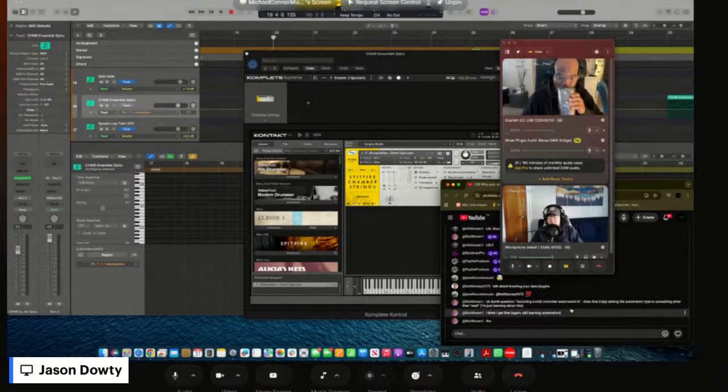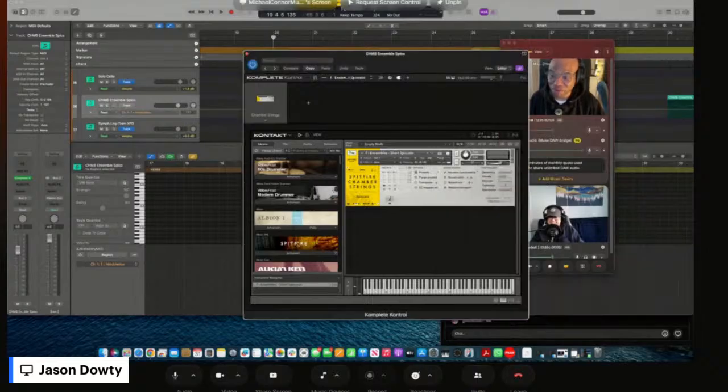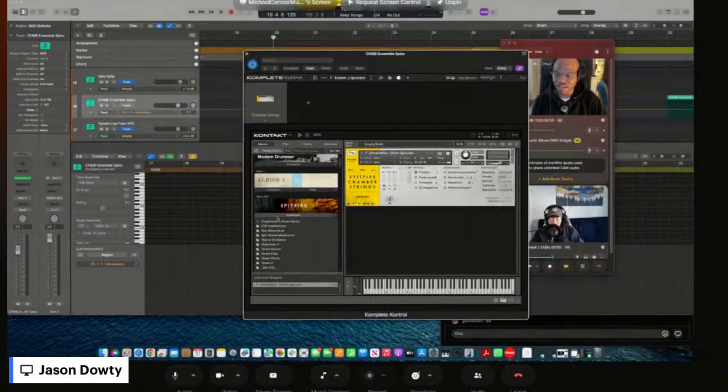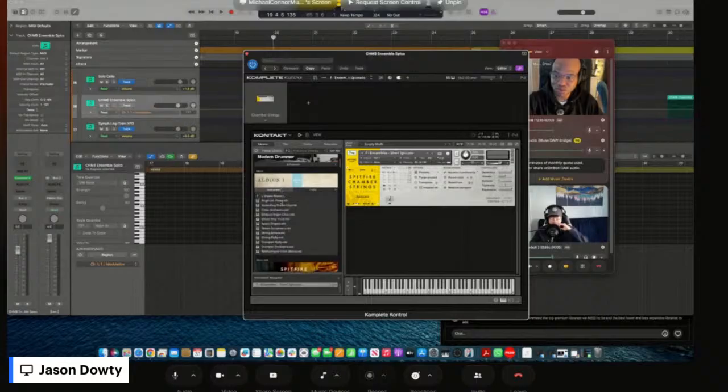You know what I mean? Just like obviously Spitfire Chamber Strings. I don't know where you got that one. Yeah, that's also Spitfire. That's the symphonic sound. Albion was one of the first products that Spitfire did way back. There are two versions. This is the original version, Albion 1 with the italic, but then they called the reimagined version Albion ONE. All of the stuff in here is the same as all of the stuff in here, but